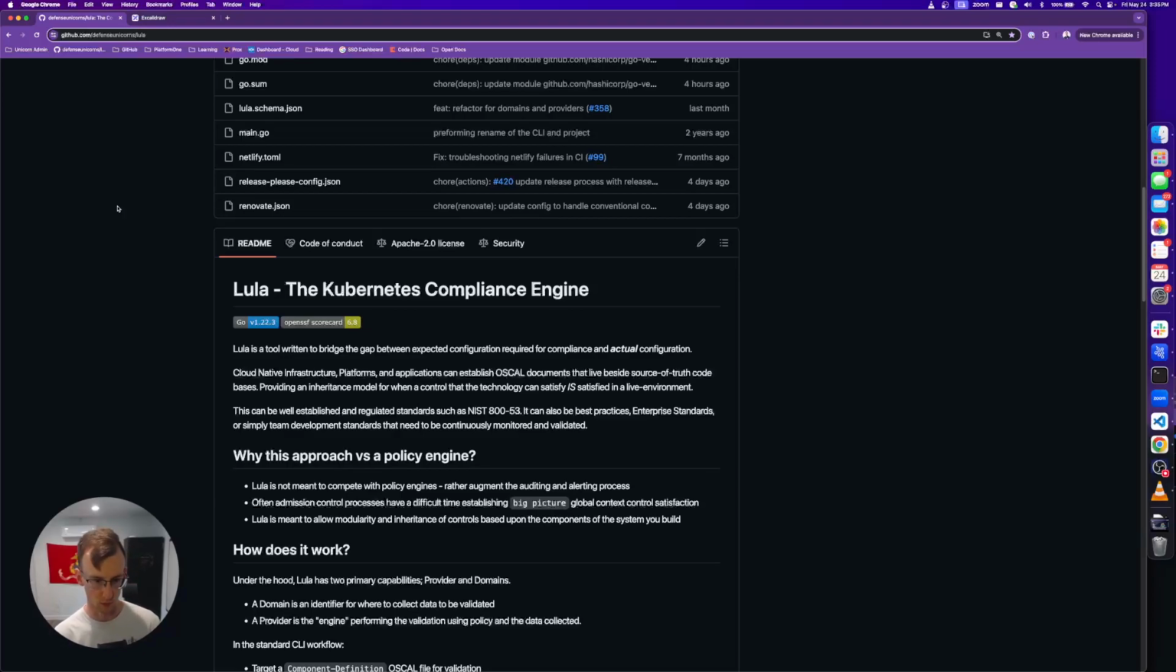Lula utilizes the NIST Open Security Controls Assessment Language framework for how we express our compliance information. It uses that as the open standard for how you want to capture your data, and also allows you the ability to place automation inside of that compliance data that can be portable. It can be imported and exported throughout a variety of GRC providers,